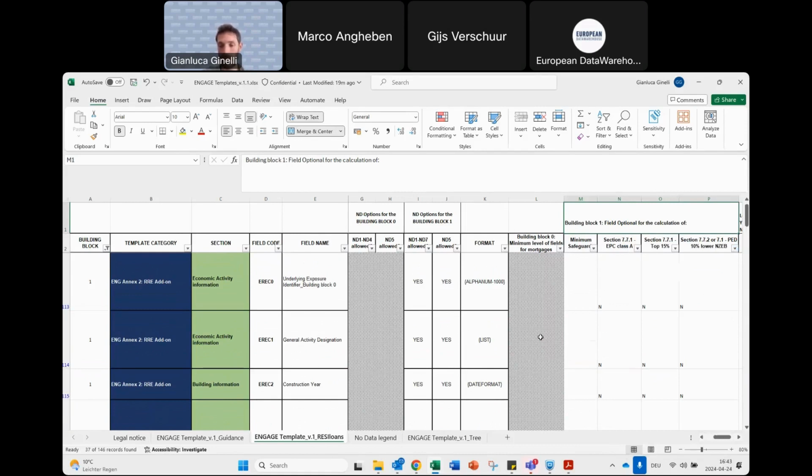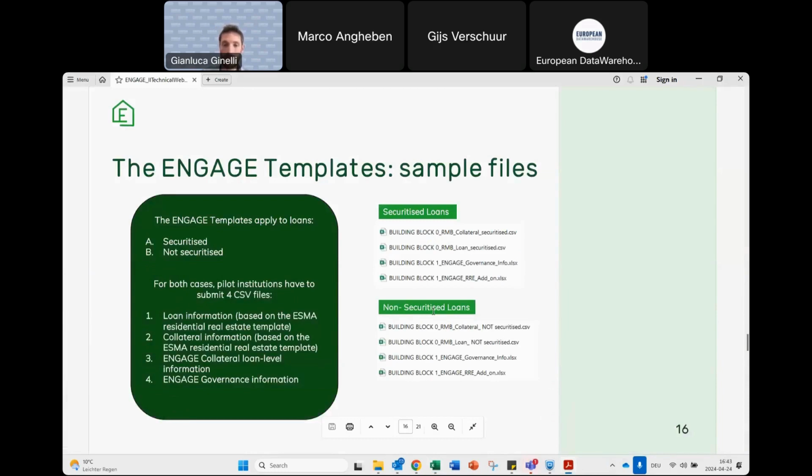Okay, having said that, we now come back to the presentation, and now we focus on the sample file. Before showing you the sample file, I think it makes sense to spend a bit of time on the concept behind the sample file. At first, we know that a pool of loans can be securitized or not securitized. So this is the first distinction that you should remember. If you want to upload loan by loan for loans that are securitized,